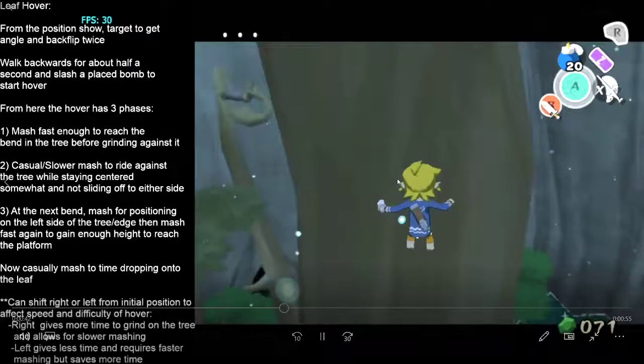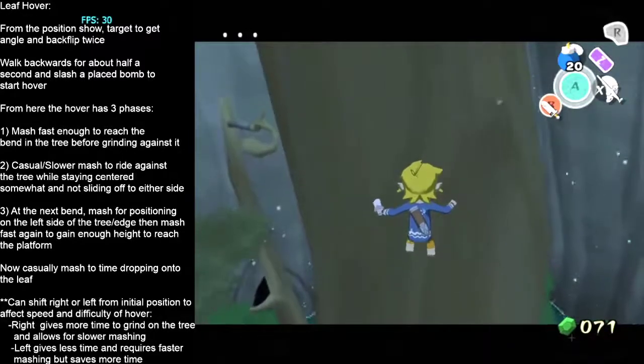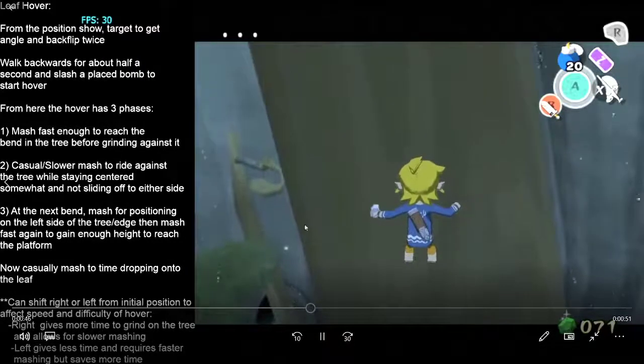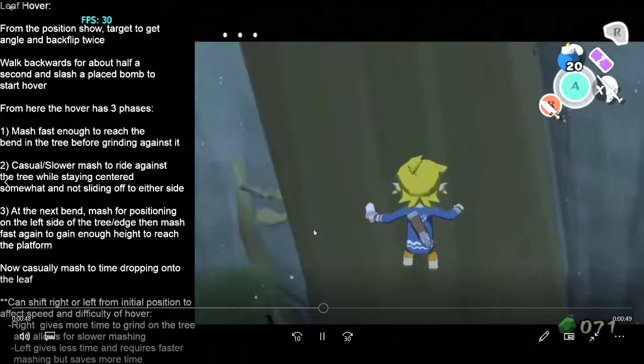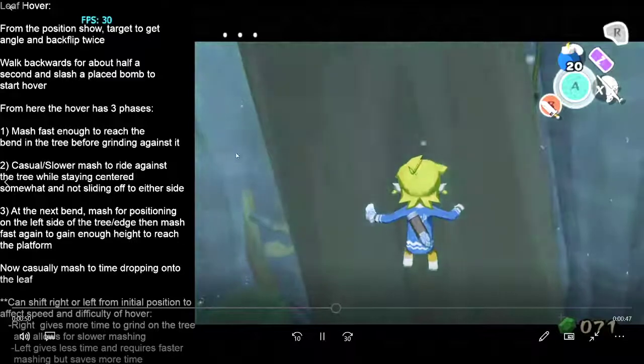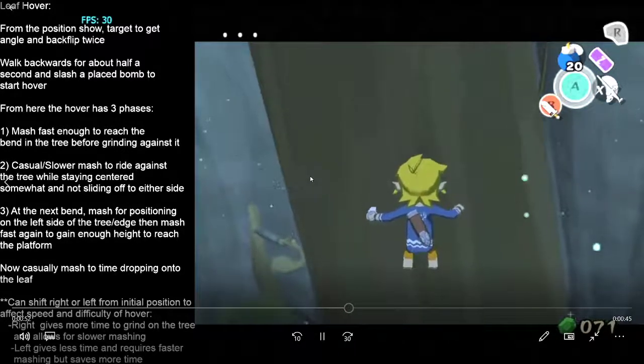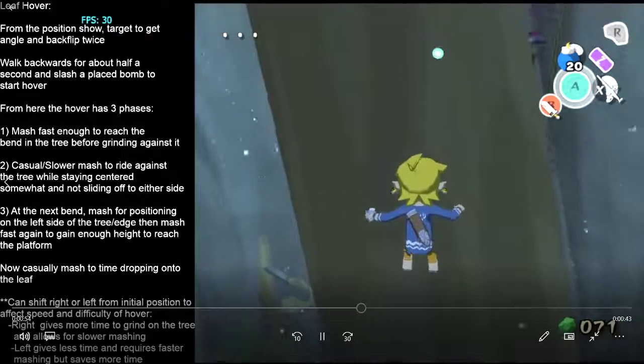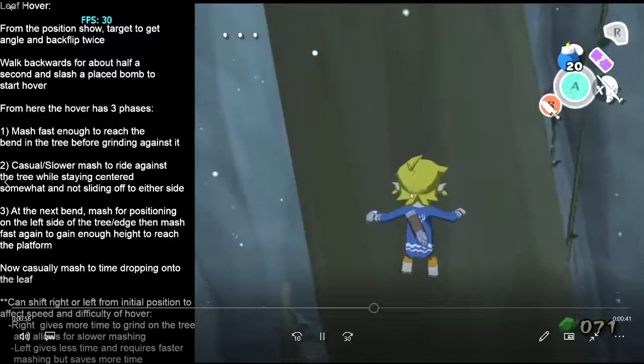So you want to find a nice balance, and that's where going to the right helps. It gives you more of a leeway distance between here and there. So if you're mashing too slow, you won't fly off the side. Very important. So yeah, you want to mash casually to a point where you just stay centered on the tree,